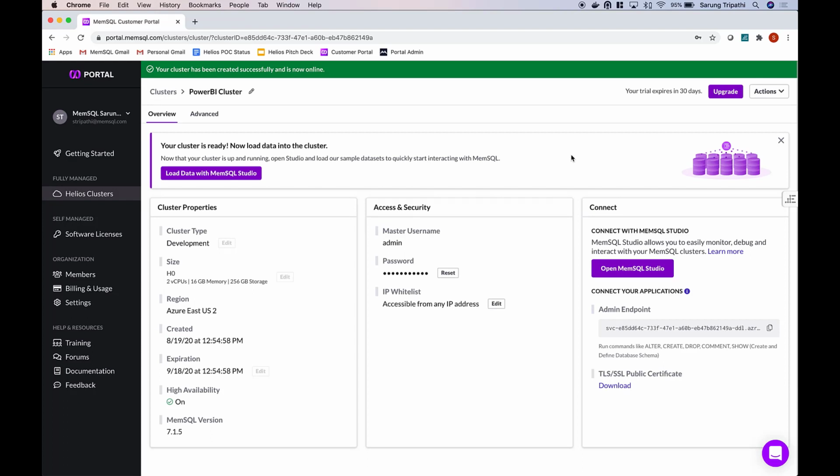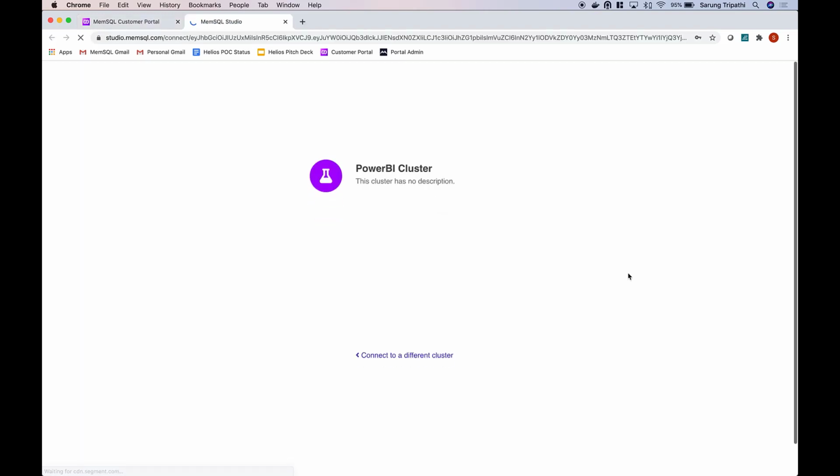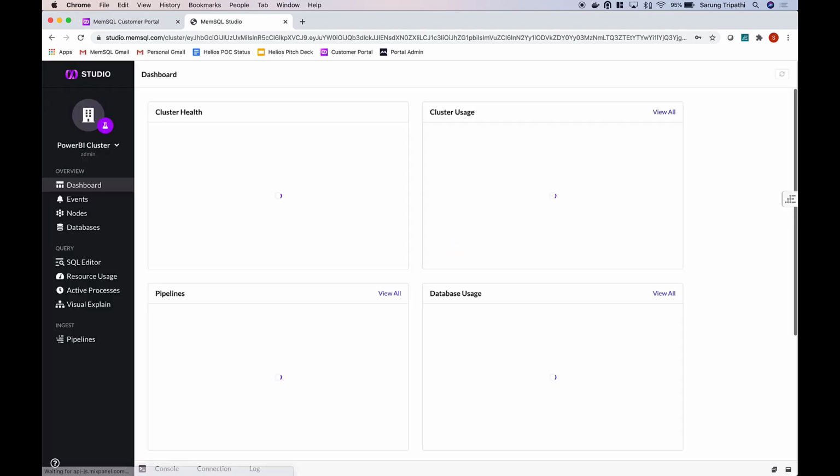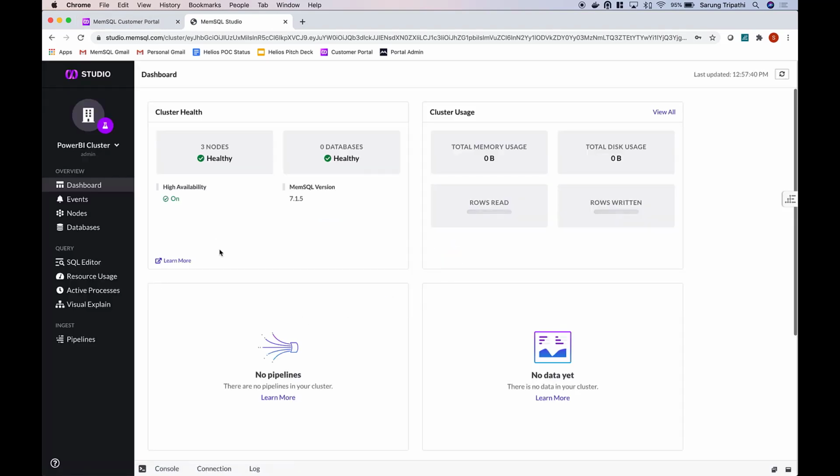Great. Now our MemSQL Helios cluster is launched. We can jump into MemSQL Studio. I'll just put in the password that I previously put in. And then you can see that in Studio, I have all the information about my database cluster. So I have 3 nodes, 0 databases, 0 pipelines, which will change in a moment, and then just some cluster